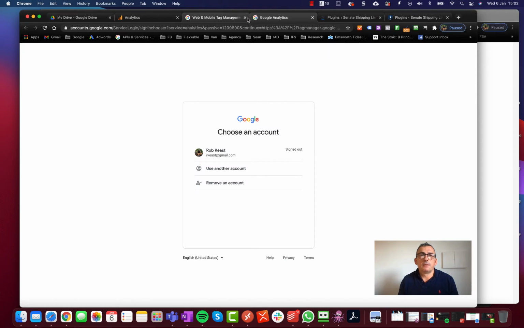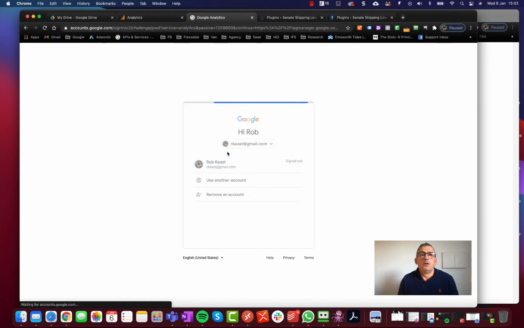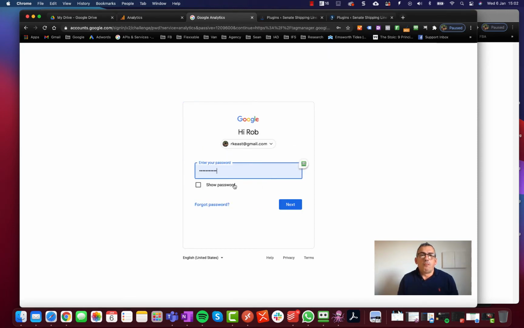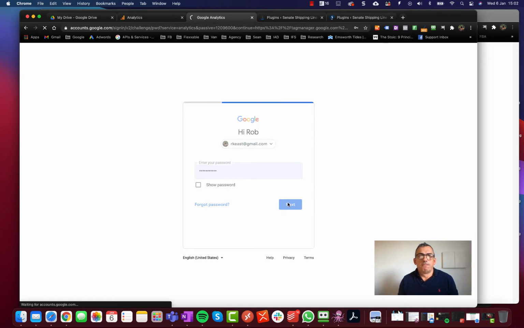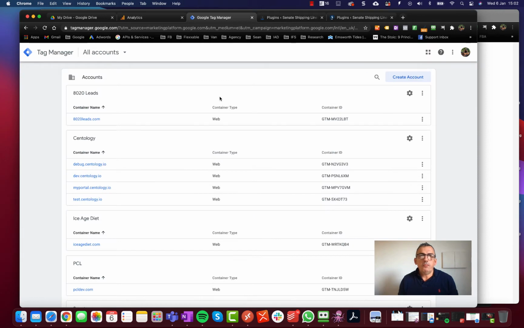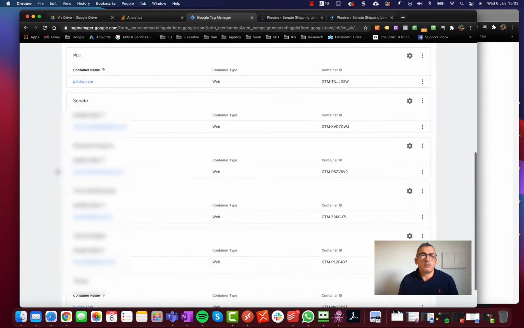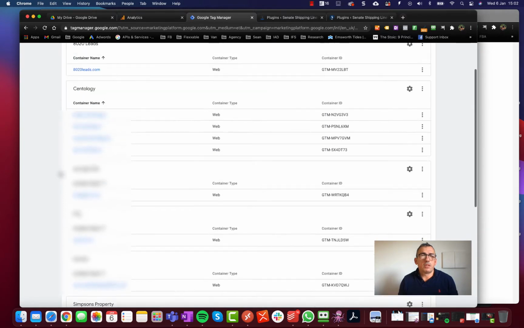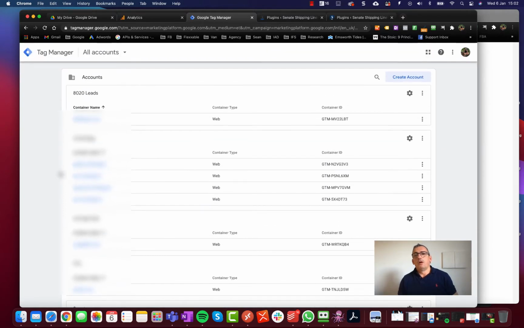sign in. This one, so these are all the sites that I've got Tag Manager containers for.